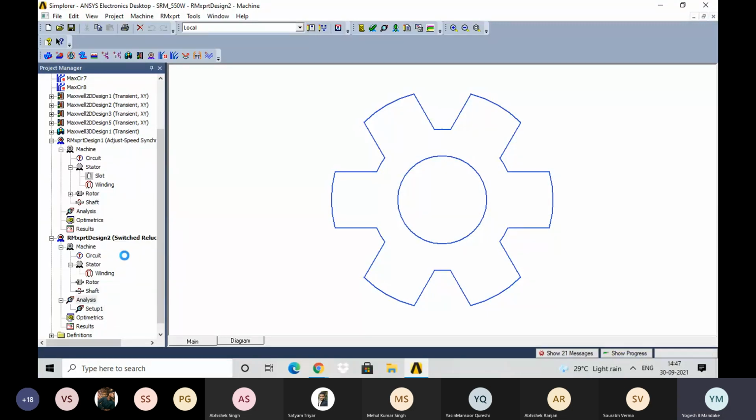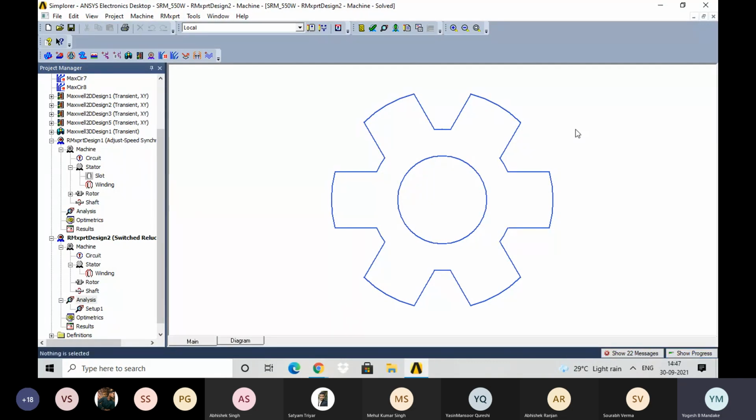Once you do the analysis, see, it shows that the analysis is going on. This rotating circle shows that the analysis is in work, and this progress symbol shows the corresponding progress of the analysis. Once it is completely analyzed, it will be green here.